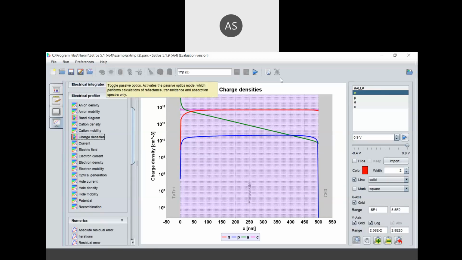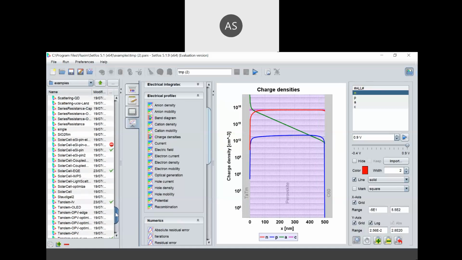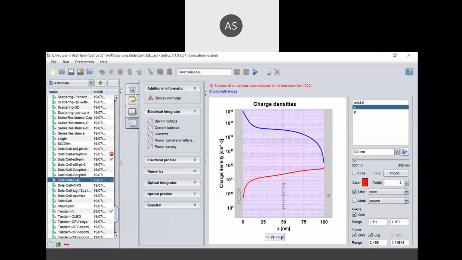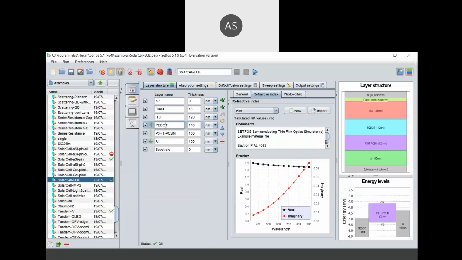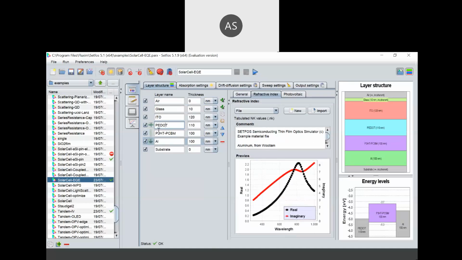Now there are a lot of examples in the library. On the left side of the screen, you can find these examples. If you would like to create an EQE example, this is an EQE solar cell layer device structure with PEDOT:PSS, P3HT, PCBM, and aluminum. This is the electrode layer.